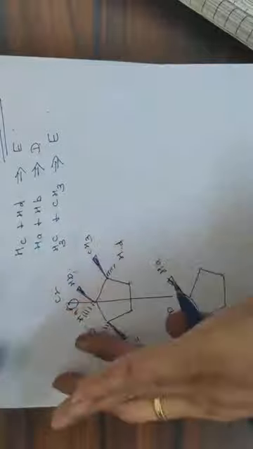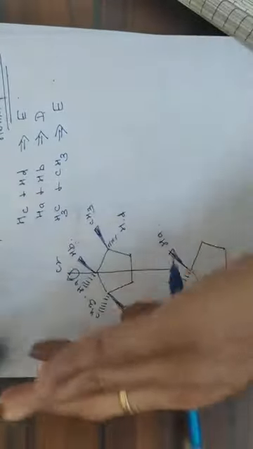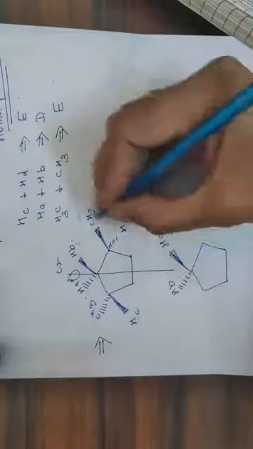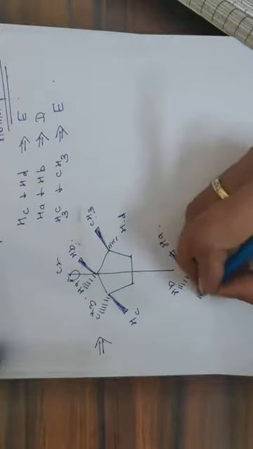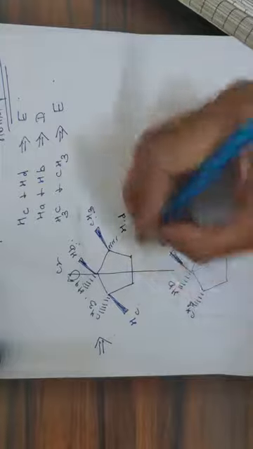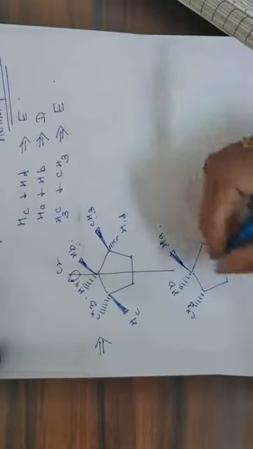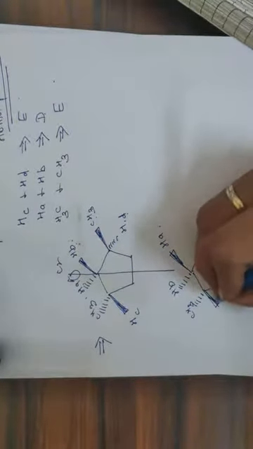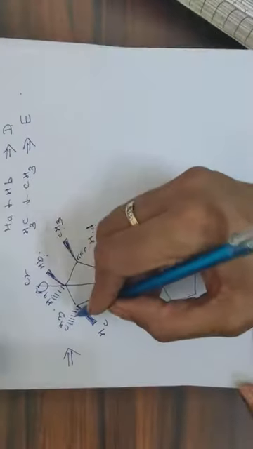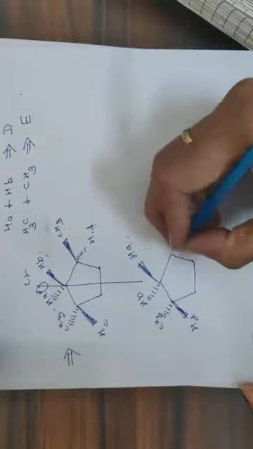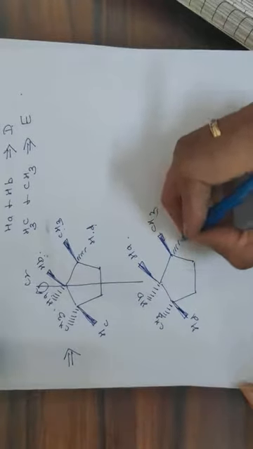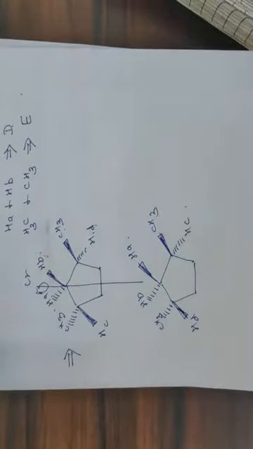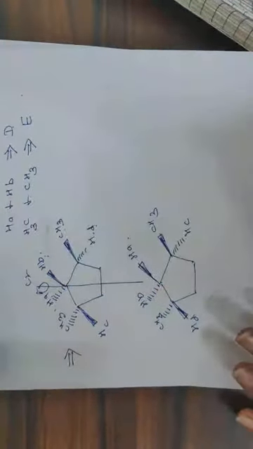The whole molecule will invert, it will flip like this. This methyl group which was present above the plane will go below the plane. This hydrogen which was present below the plane will go above the plane. And this methyl group which was present below the plane comes above, and this is below. So if you try to superimpose this on this, it means these will be superimposed.